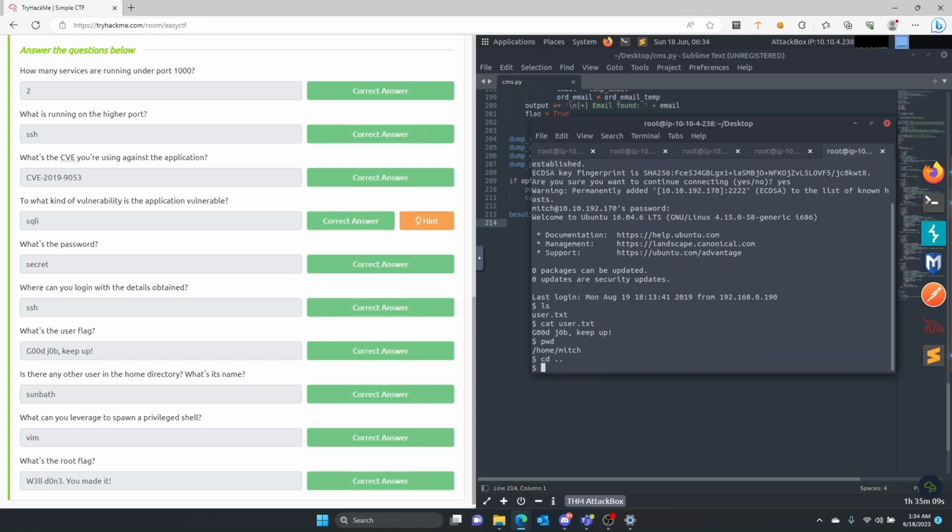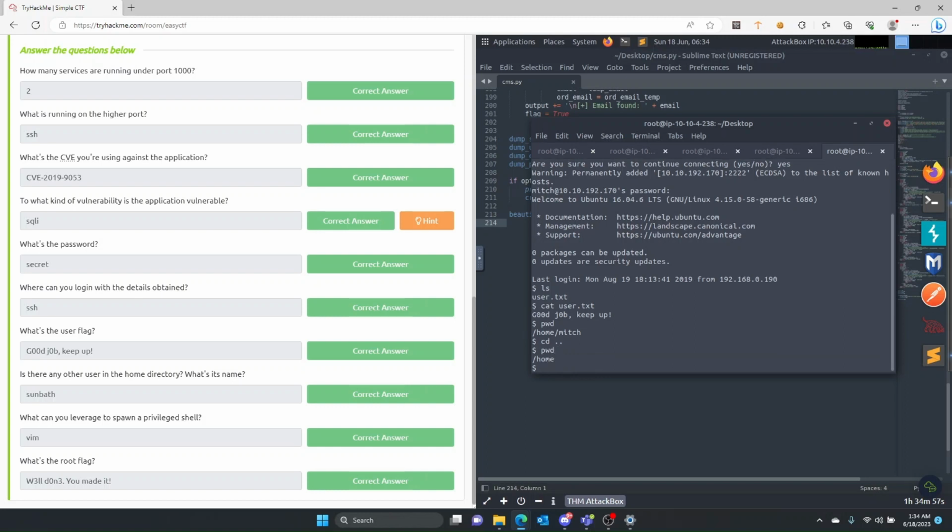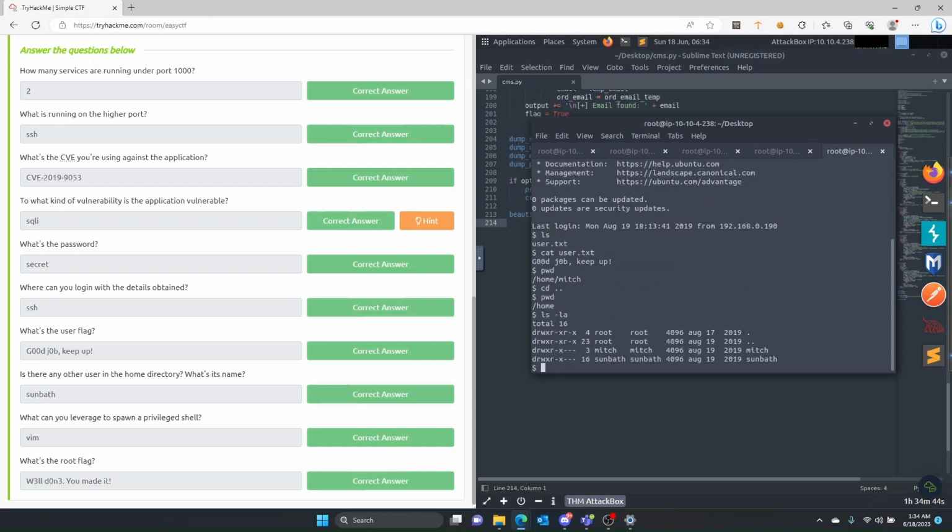For every user, they have their own folder or directory in the home directory. So now I went up a level. Now if I do print working directory, I am now in the home directory. And if I do a long listing that shows everything, including hidden files, and hidden files in Linux are marked with a period,